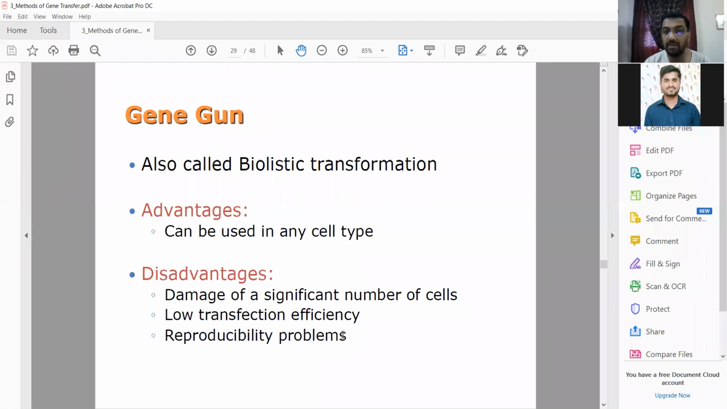The advantage is it can be used in any cell type, similar to electroporation, and the disadvantages are damage to a significant number of cells, low transfection efficiency as compared to electroporation, and a reproducibility problem that you might have. Sometimes the transfection efficiency is high, while at other times you could have less reproducibility. So